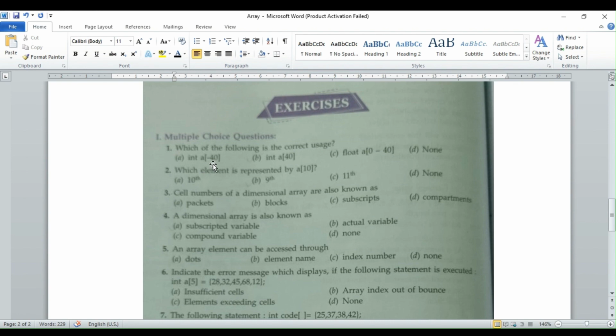Int a minus 40, int a plus 40, float a 0 minus 40, none. Which element is represented by a 10? 10th, 9th, 11th, none. Cell numbers of a dimensional array are also known as dash: packets, blocks, subscripts, compartments.